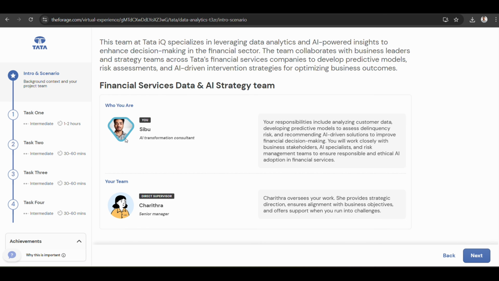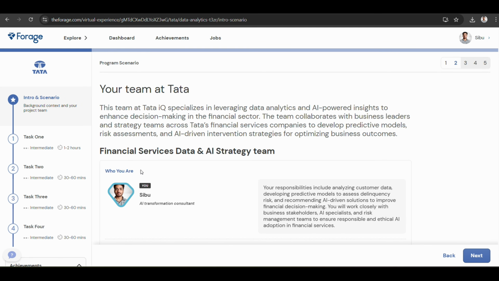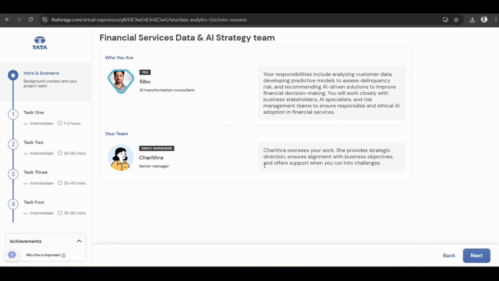Okay, this is the name of your team at Tata. Your team is this one, leveraging the data and power stick, and just press next. This is my team, your teams. Okay,